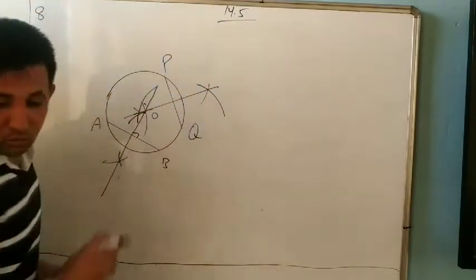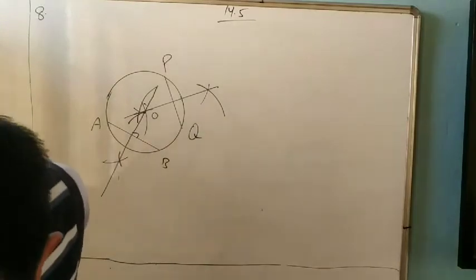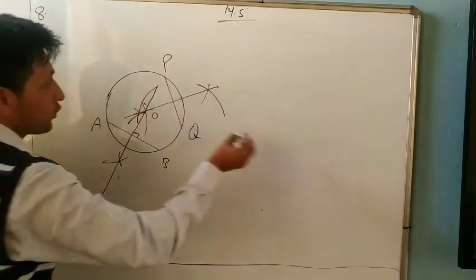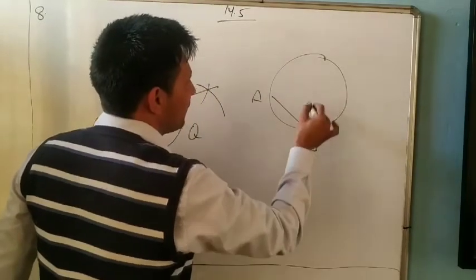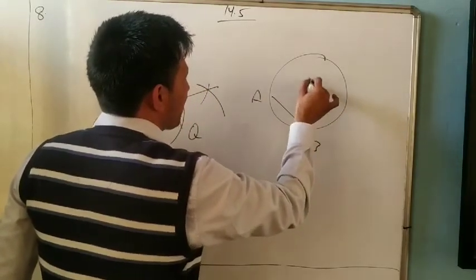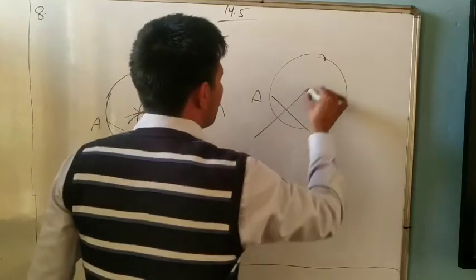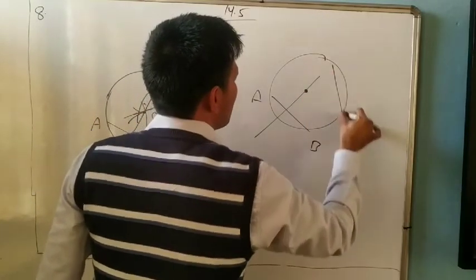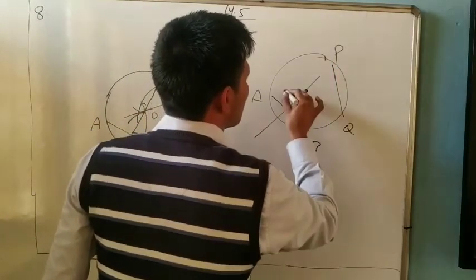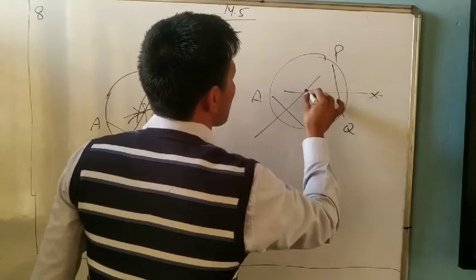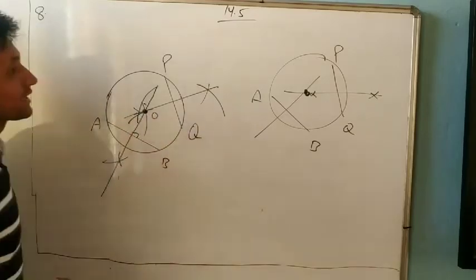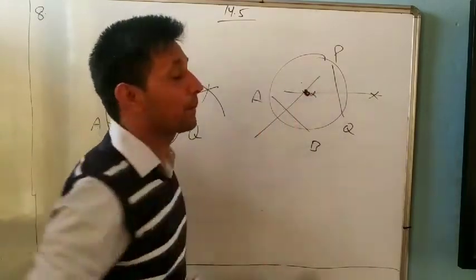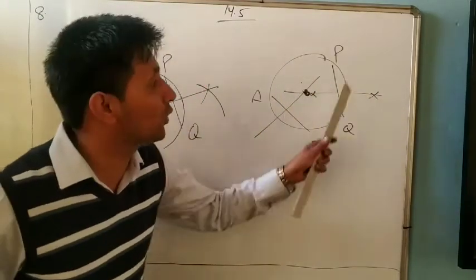Yes. So in the question he is asking, where do they meet? So tell me, it is a circle, it is AB. So first we will take its center. We take the perpendicular bisector of AB. Okay, and now the perpendicular bisector of PQ. So where are they meeting? We observe that they are meeting at the center. Both of the perpendicular bisectors of the chords meet at the center.